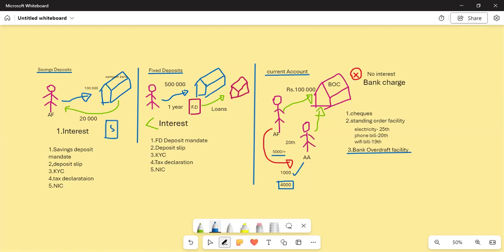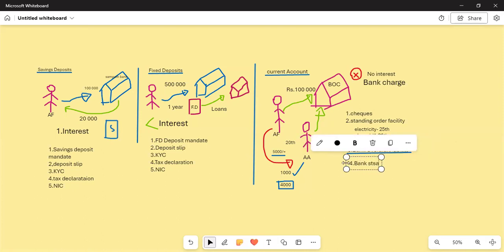And there is something called bank statement, right? What do you mean by the word bank statement? Yes, Aisha, you can deposit money anytime. Bank statement means every month you are getting a statement. Sometimes it can be an electronic statement. They can send it to your Gmail. Sometimes it can be a printed one. In that bank statement, it tells you how much money you got, how much money you paid, everything. Am I clear?